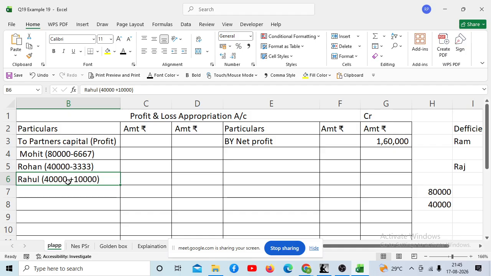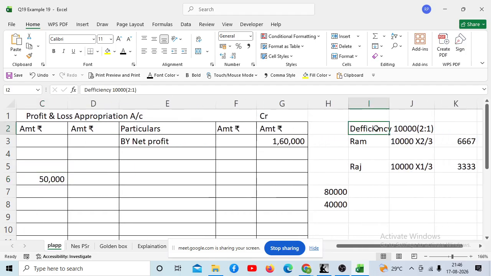50,000. No, no. Forget about this amount right now. We had distributed this, no, 80, 40, 40, right? Yes. So he is actually getting 40, right? Yes. And we have given him the guarantee of how much? 50. So what is the shortage here? 10,000. So this 10,000 shortage you have to add here, and that 10,000 shortage will be borne by